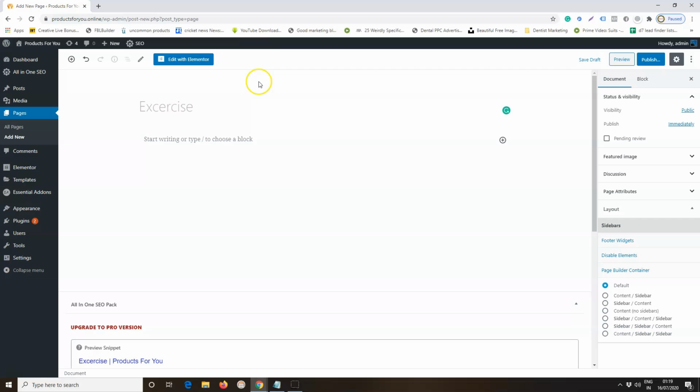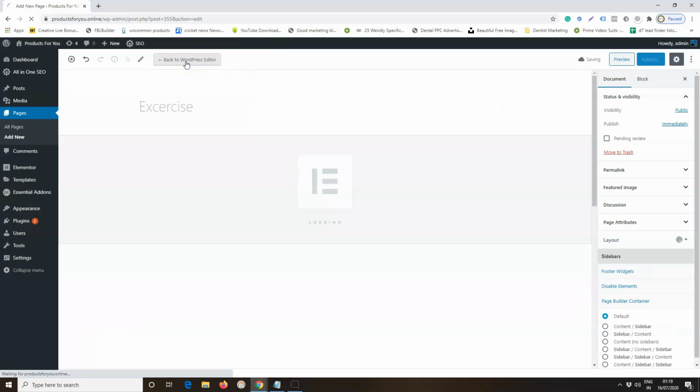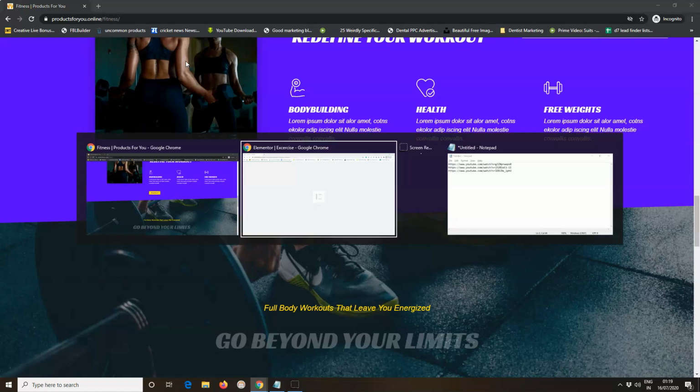Now I am clicking on Edit with Elementor. Now the Elementor editor is loading for this particular page. Using the Elementor editor, we can now design this page to look like this.